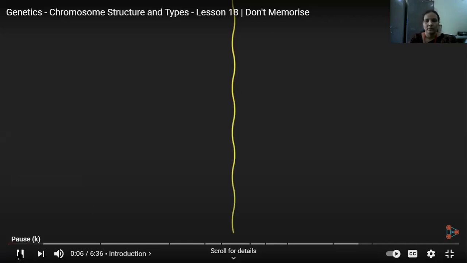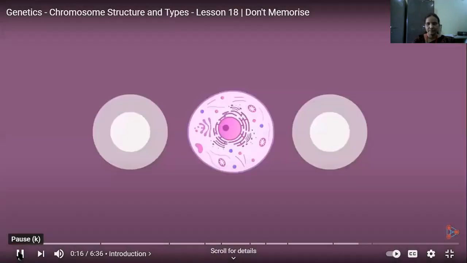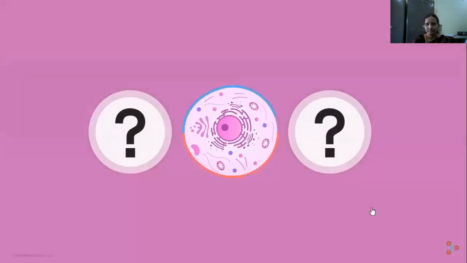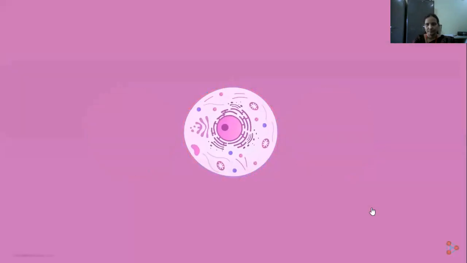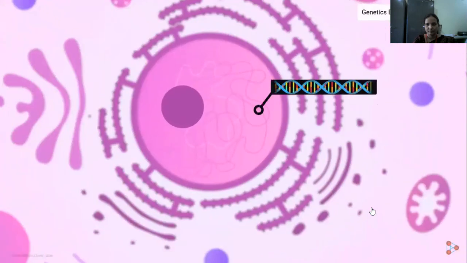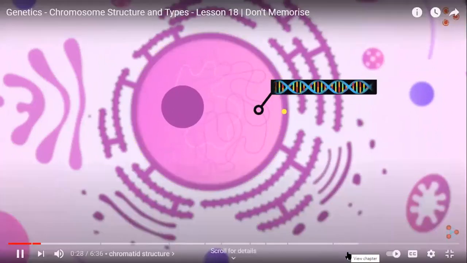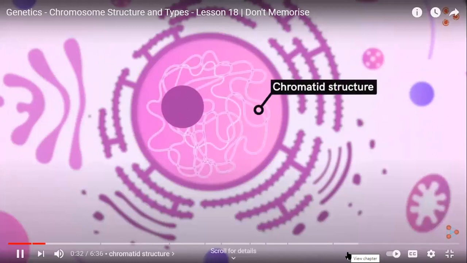Fit a thread of one meter in this small box. It will be easy if we simply coil the thread and place it inside. Did you know that a similar approach is taken by ourselves? Let's see how. We know that the long stretch of DNA is coiled to a great extent to fit inside the tiny nucleus. This process of coiling gives rise to the chromatid structure.